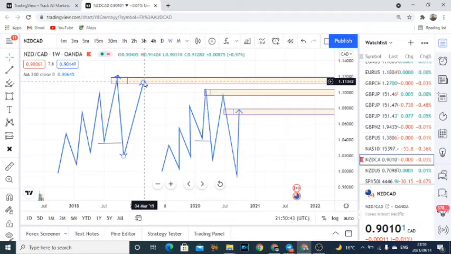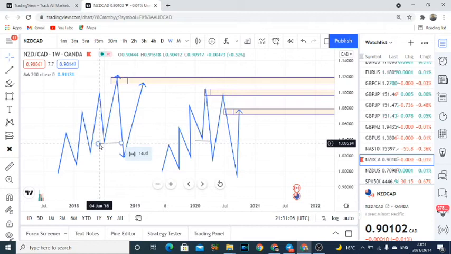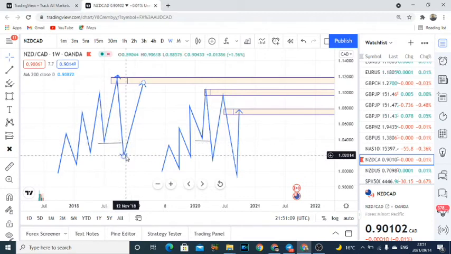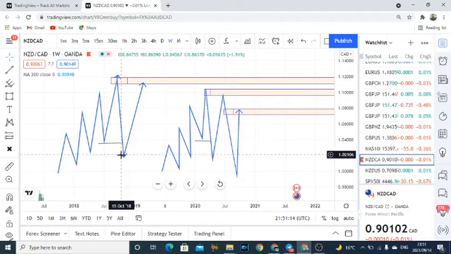That is a low probability trade. A trade like this is a low probability trade. The reason I'm saying this is a low probability trade is that the market has not confirmed yet that it has changed the direction to be bearish. By breaking this structure, it does not mean that this market has now changed to bearish. This means that something wants to happen, but it does not confirm that this market has changed to bearish.